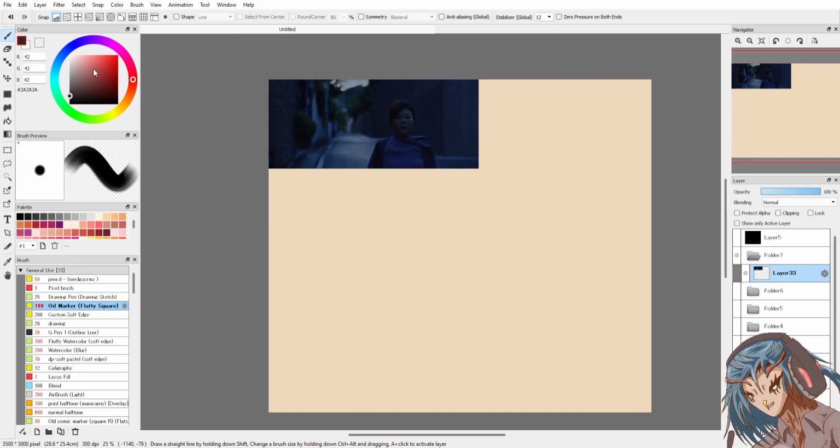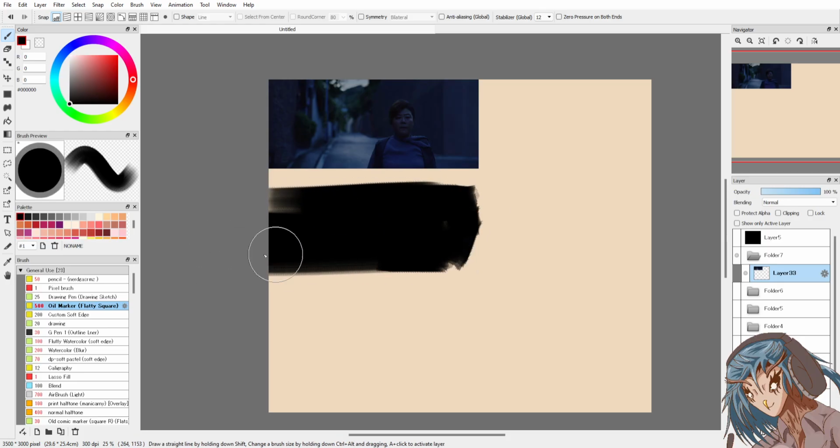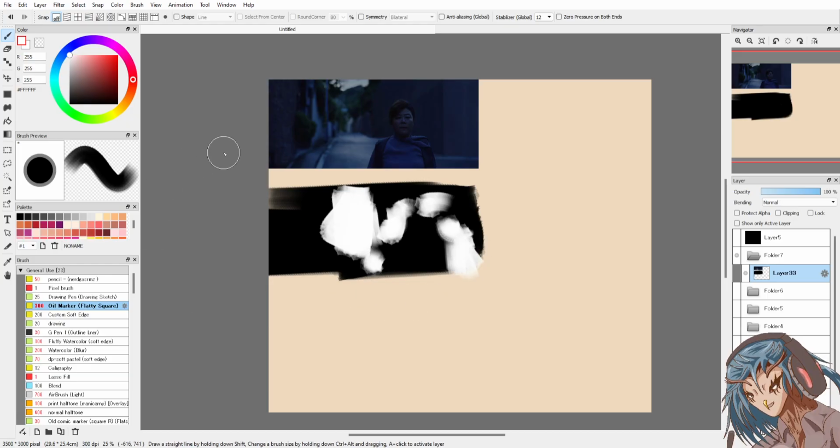Character walking away from camera. Same leading line composition. Silhouette of a person. That's the thing that matters.